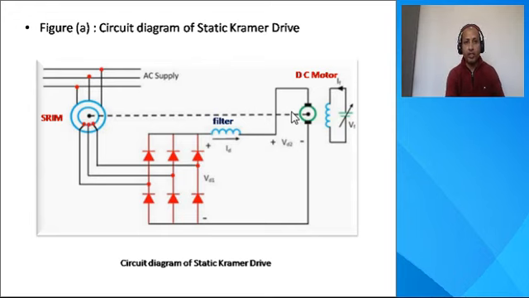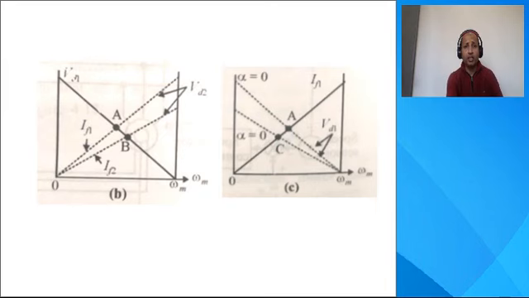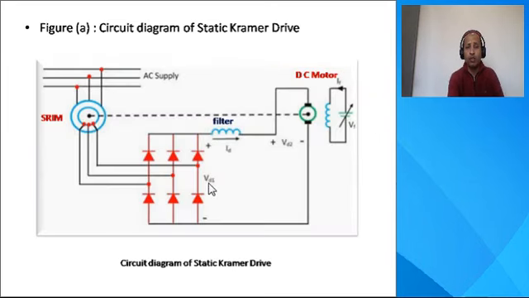Speed control in this particular system is obtained by field current control. We can see here by this arrangement we can control the value of the field current. Secondly, we can see here in this diagram there are two voltages. One is VD1 and other is VD2. The steady state condition is reached when the voltage VD1 is equal to voltage VD2.